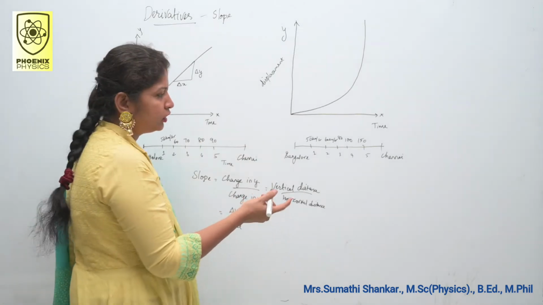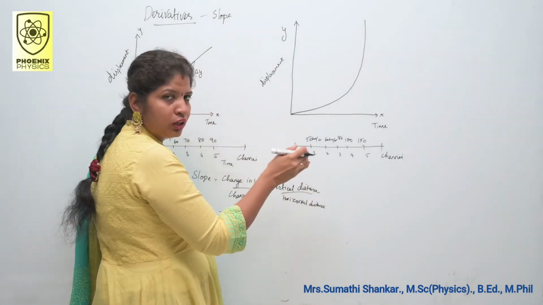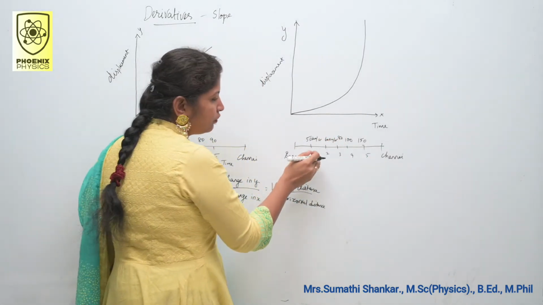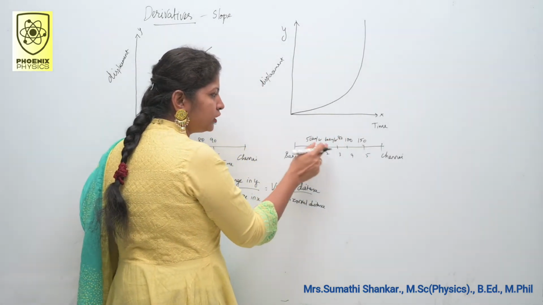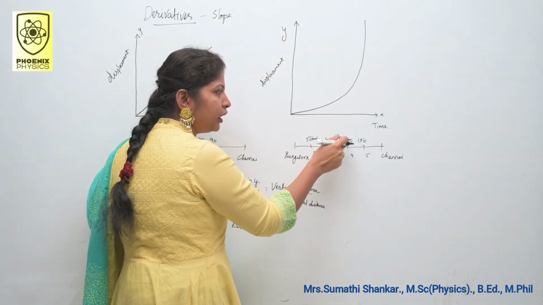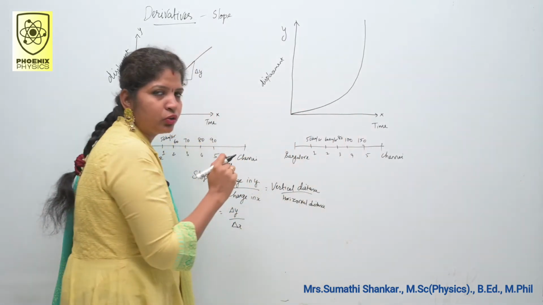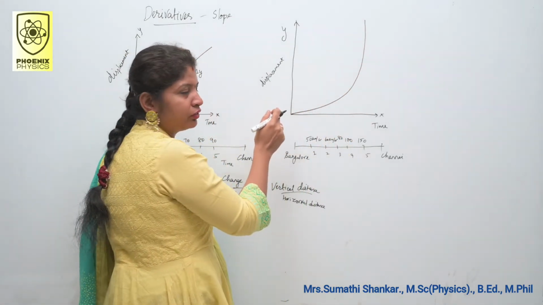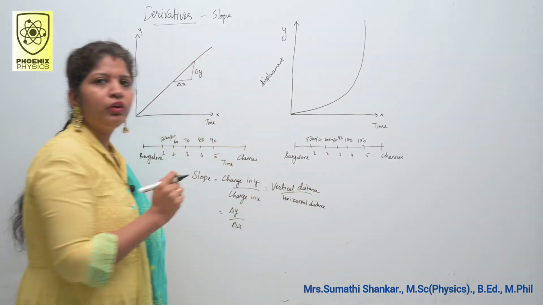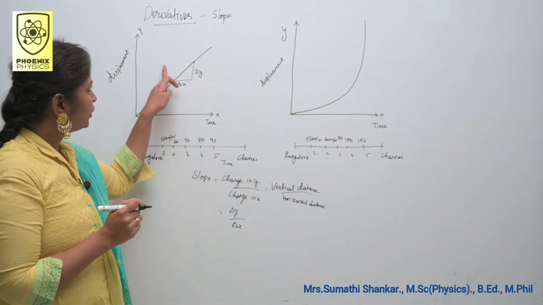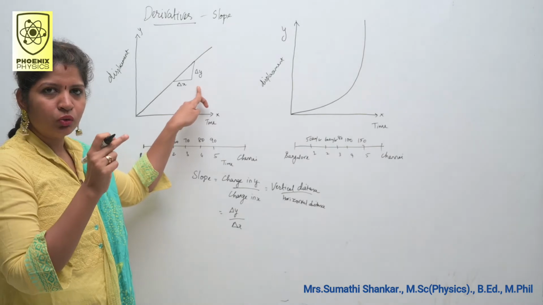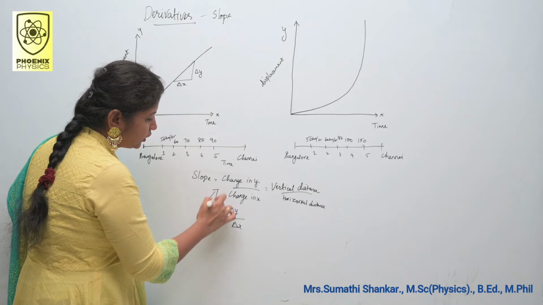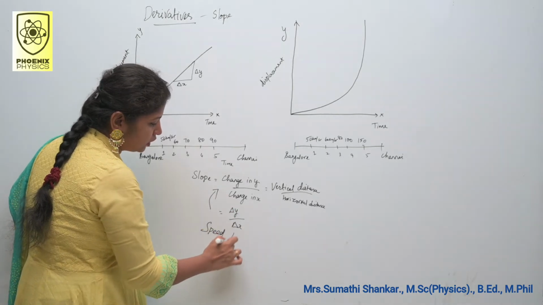Consider another example. Here I drove the car from Bangalore to Chennai at different speeds. First 1 hour I drove at 50 km, then 60, again 80, 100, 150 and so on. So you can get the graph like this, a curve-shaped graph. Here how do you find out the slope? If it is a straight line, you can directly draw the slope and calculate my speed. So what is delta y by delta x here? This is nothing but speed or velocity.